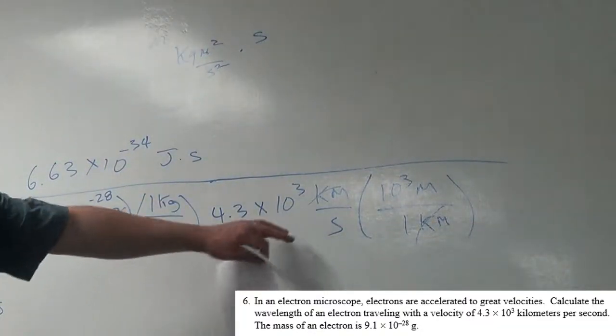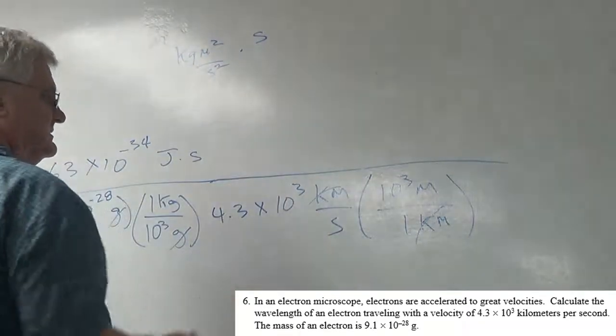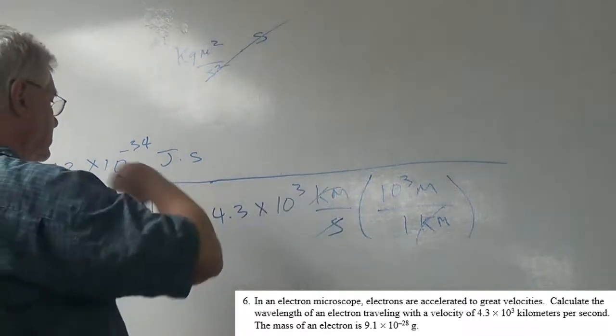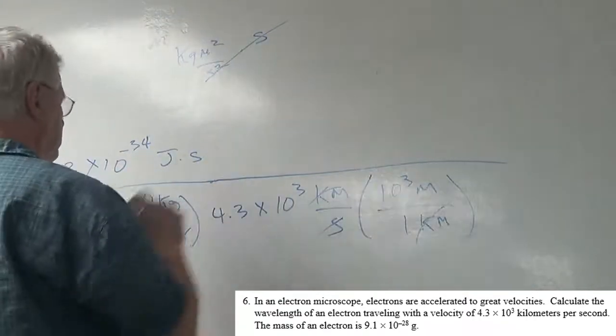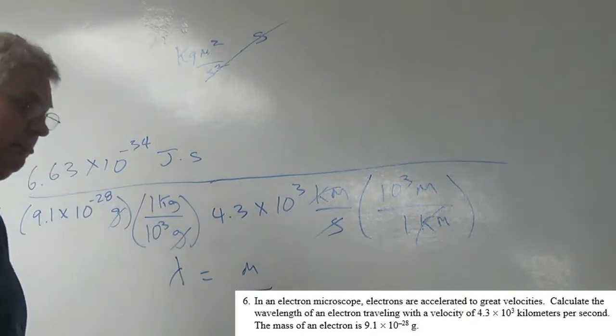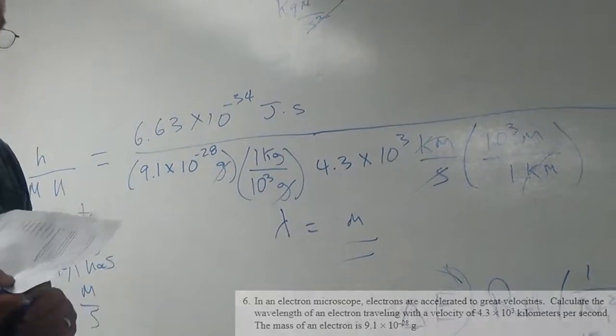And then you got a second on the bottom, 1 over a second on the bottom, so the seconds will cancel here and here, and you'll end up with meters squared over meters. So the wavelength will be in meters, trust me. Alrighty, well that's so much for practice from